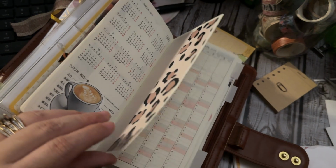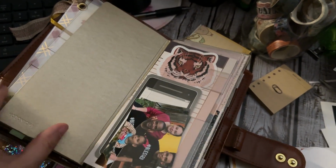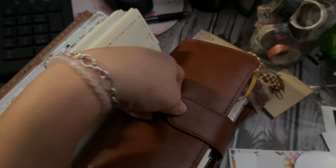And I think that's probably a really good reason to just be like, oh, I want to use the other book now. So I'm just going to put all this away and put it in my drawer. If I need anything from it, I can. I thought about going into this